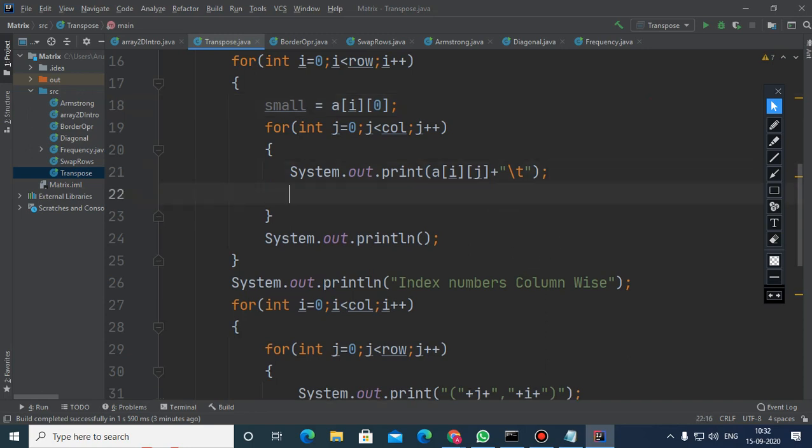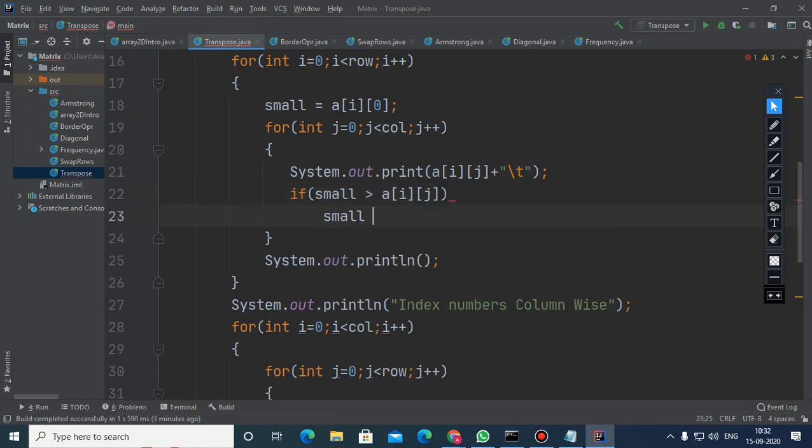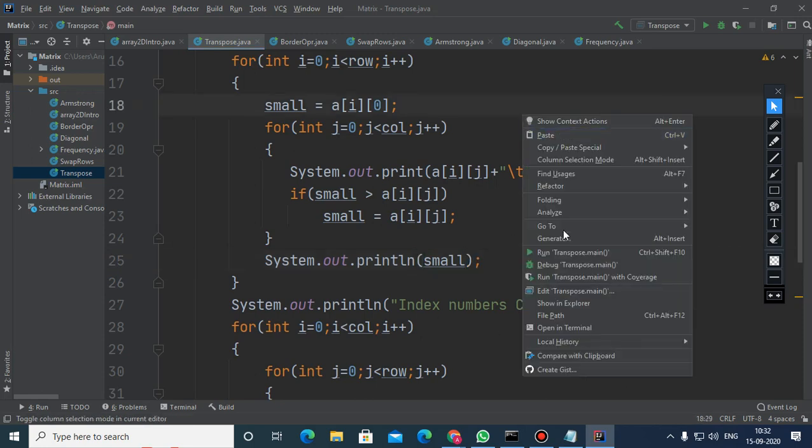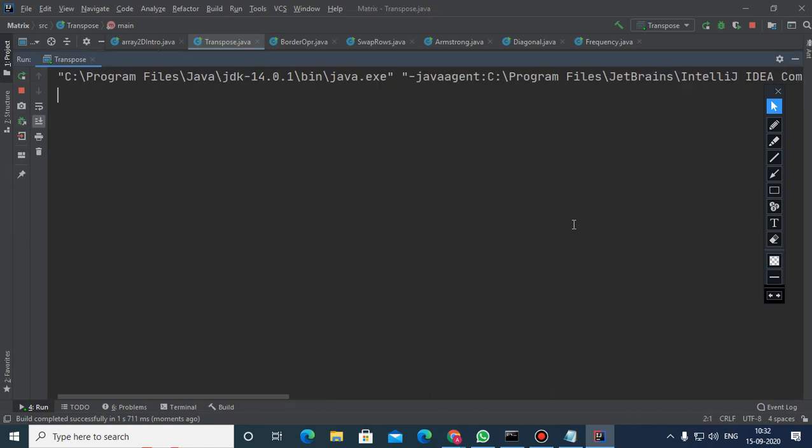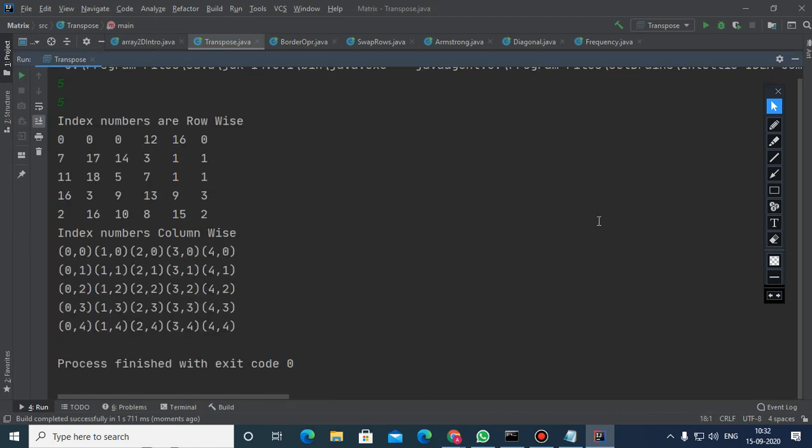And here, if small is more than a of ij, then this small will be a of ij. After that, I am just printing small. So see what happens.